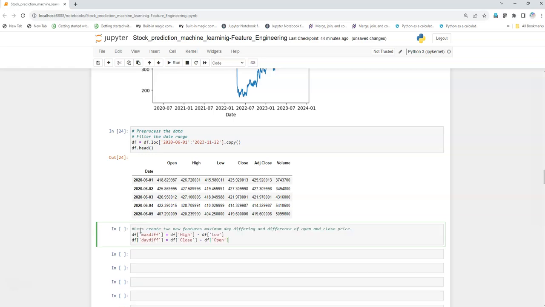I'm going to create two new features. One is max difference, which will give me the difference between the high value of the stock on that particular date and the low value, and another feature would be day difference, like the closing minus the opening price of this stock. So I'll just execute this, and now I'm going to create one more feature, which is an index,